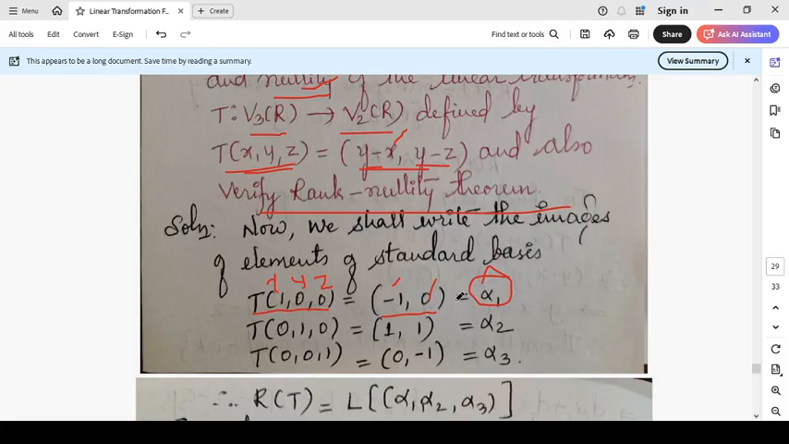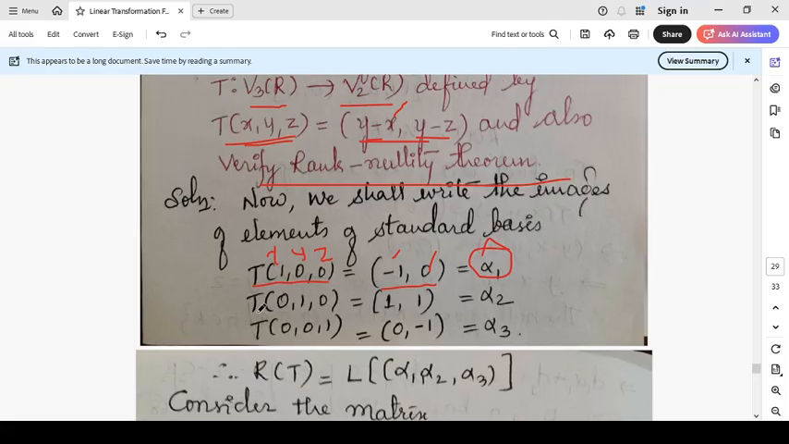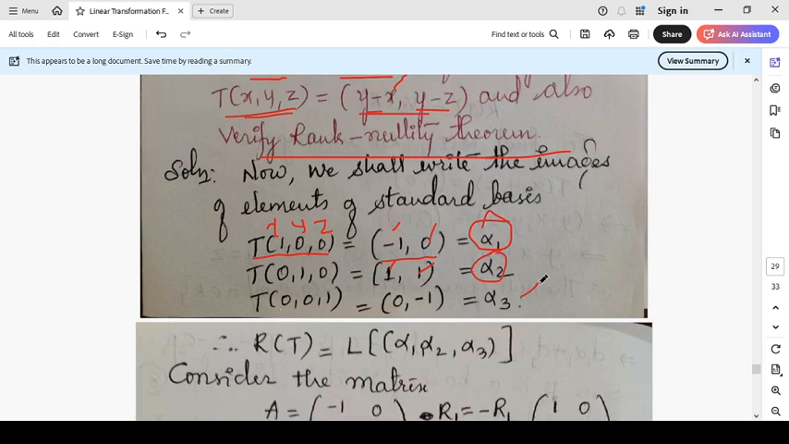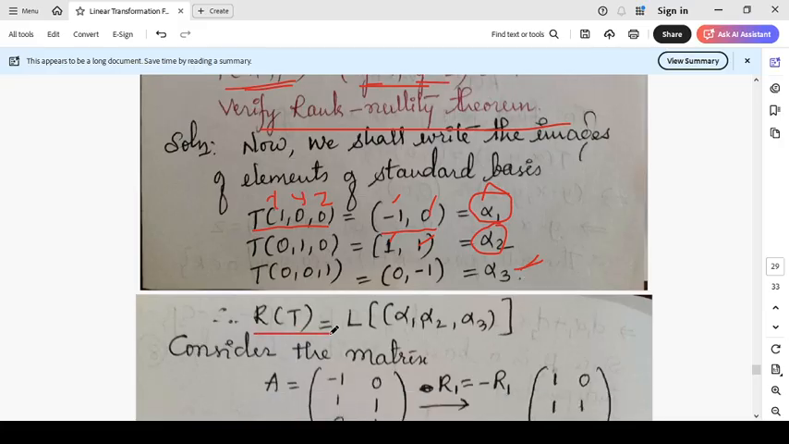This acts as alpha 1. Okay, next T of (0, 1, 0) we will get y minus x, where the x value is 0 and the y value is 1, so 1 we got, and y minus z, y is 1, z is 0, so here 1. This acts as alpha 2. The same thing for the third: 0, minus 1 we will get, and we call it alpha 3. So therefore R of T is